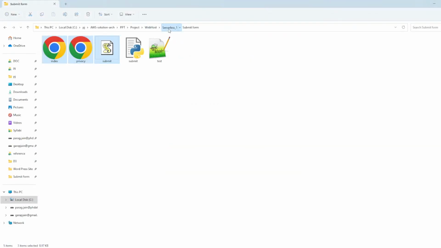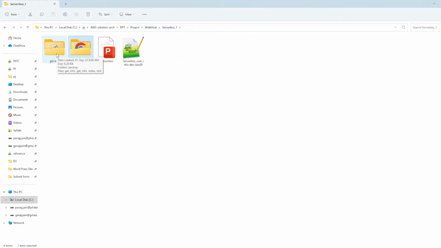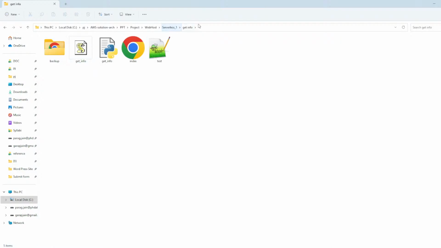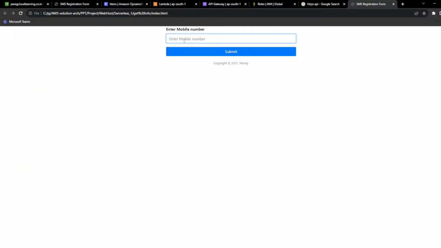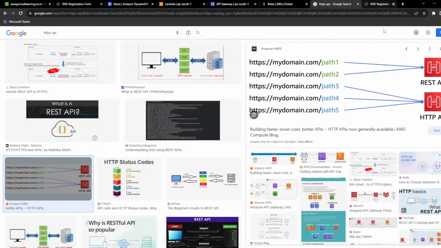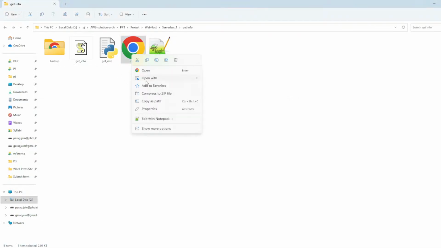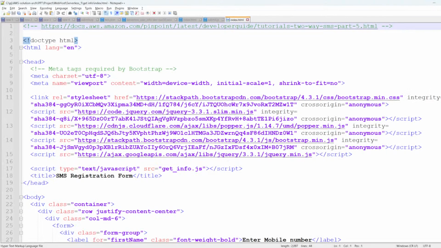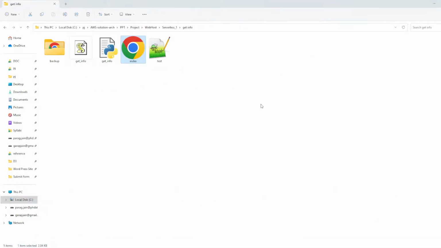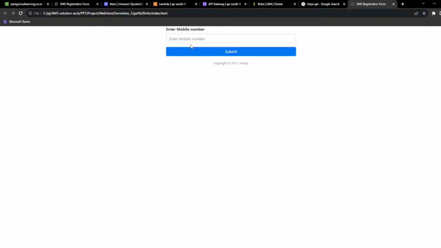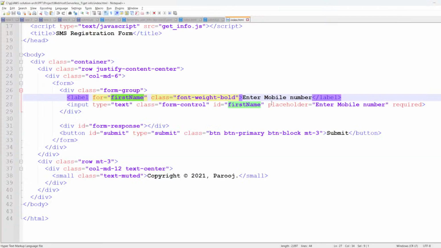So if you go here in your folder get info and click on the index.html, you have to enter a mobile number. Simple. Again, if I show you the code, it's a simple text message, enter the mobile number. As soon as you enter the mobile number and click on the submit button,